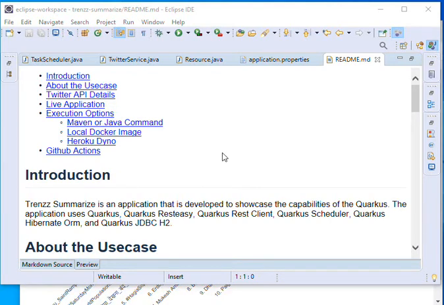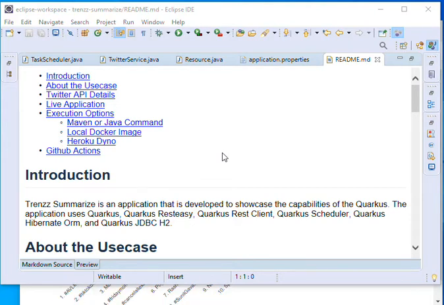I have developed this trends summarize application. The application is primarily intended to provide a summary of tweets, typically a tweet summary on an hourly basis for the last 7 days. The idea behind it is to compare the different keywords, how their volume of tweets has been, and then put it as a graph on a UI.